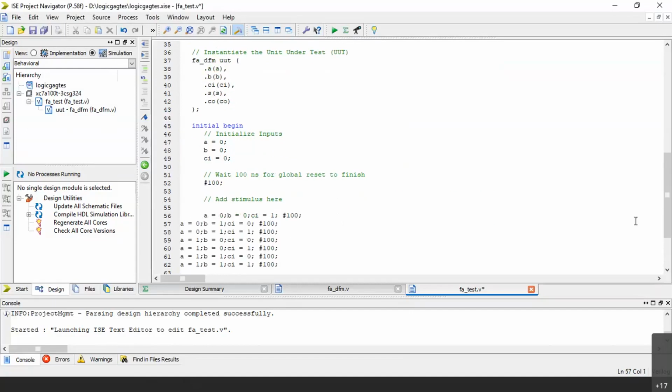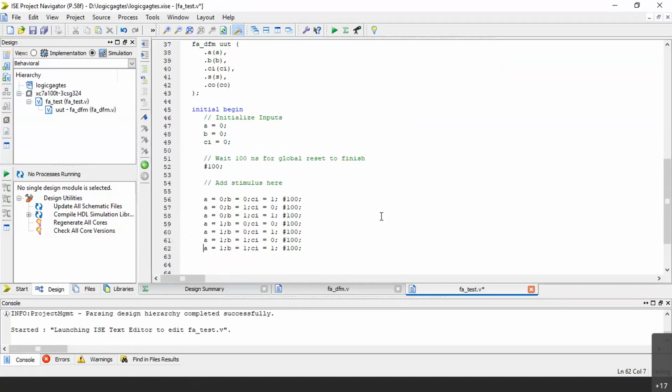So I added some stimuli. I am indenting it so that it all looks in the same fashion. So you can see here A is 0, B is 0, C is 1, A is 0, 1, some random stimuli are there. Let me arrange them. So what I'll do is I'll add all the stimuli. In the lab manual, all the stimuli were not present. Let me add all the stimuli.